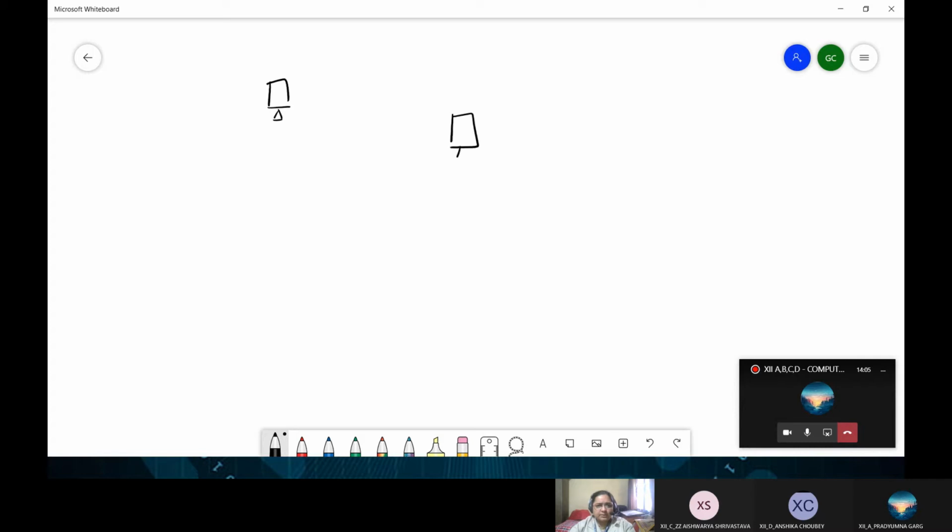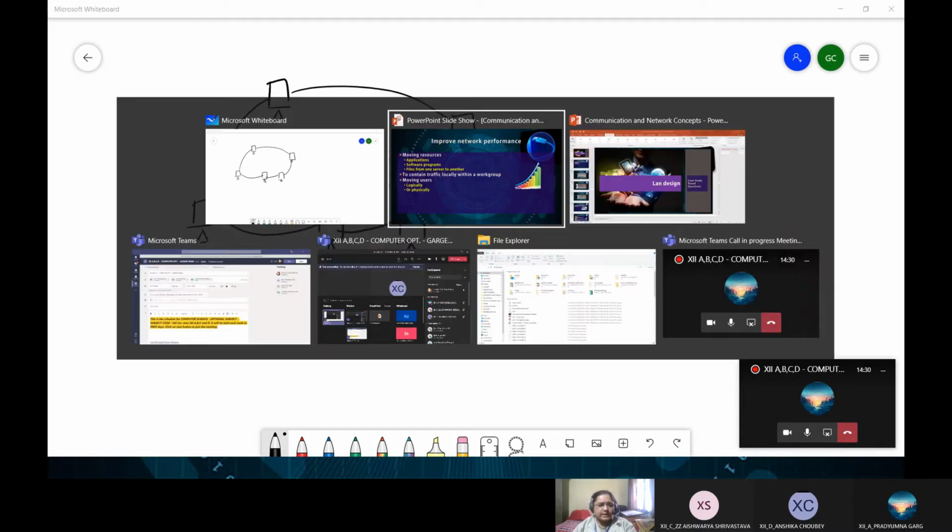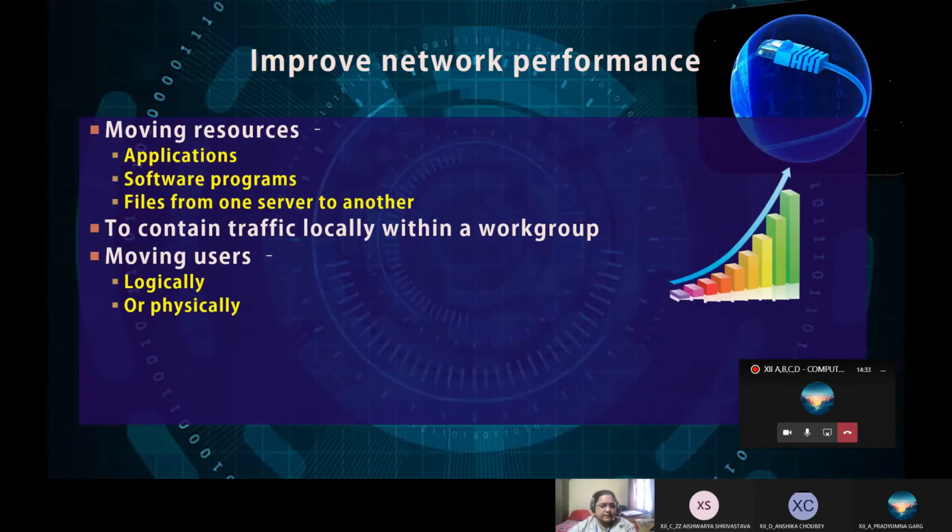We can have two computers in one room, one computer here, one computer here, one like this. So we are connecting these computers together. Physically speaking, it might not look like a ring, but logically it will represent a ring. So it has to be decided